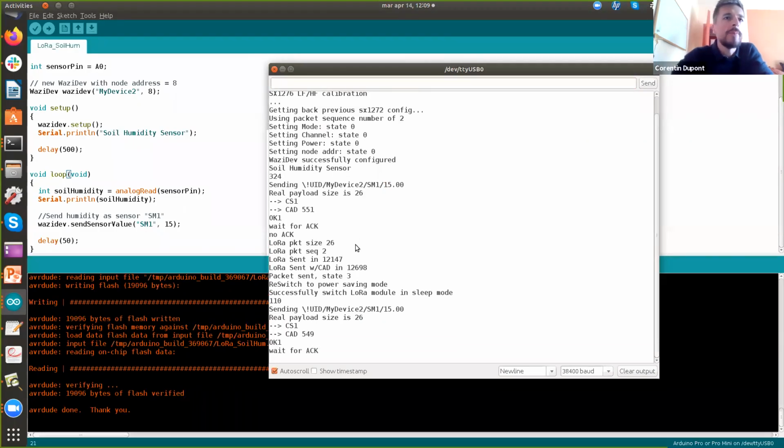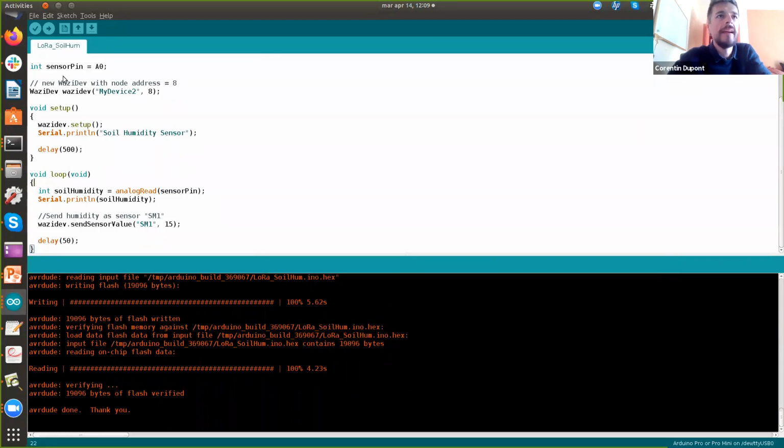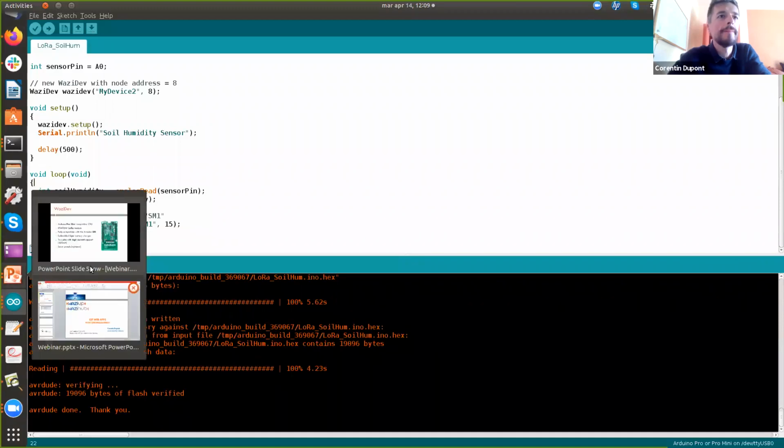All right, so that was super simple. That's the first step of the end-to-end chain I wanted to show you. The second step is the gateway. So coming back,